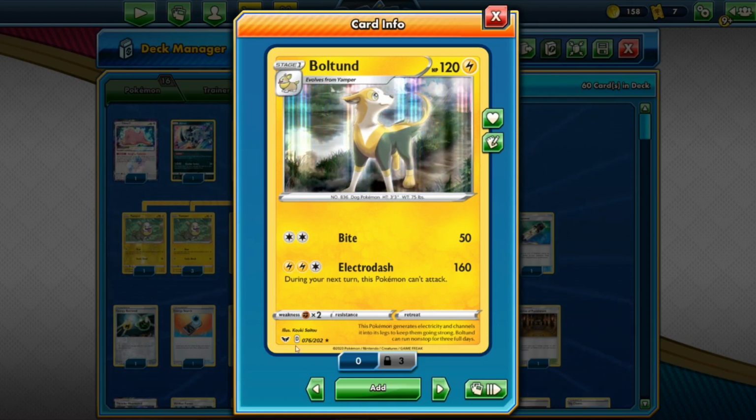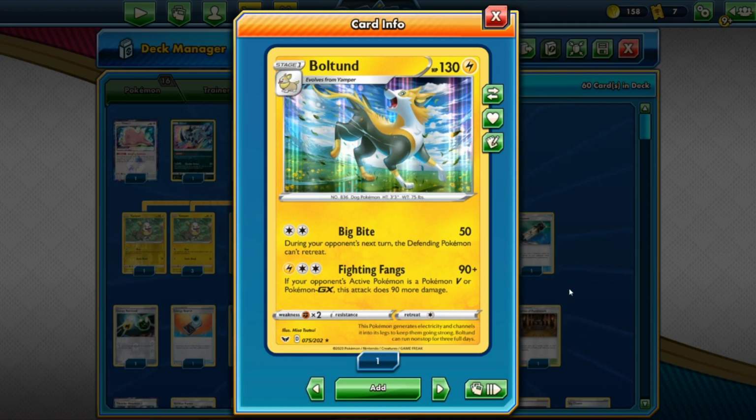We also have another version of Boltund. This one's a bit different, but we only have 1 copy of this in. Simply because of its second attack, 1 lightning, double colorless energy, Fighting Fangs, 90 damage, but if your opponent's active Pokemon is a V or a GX, it does 180 instead. Add an Electro Power, that's 210. That's already one-shotting a good few Pokemon Vs actually, a pretty good few. So yeah, we kept 1 copy in there just for those little GXs or Vs that we need to get